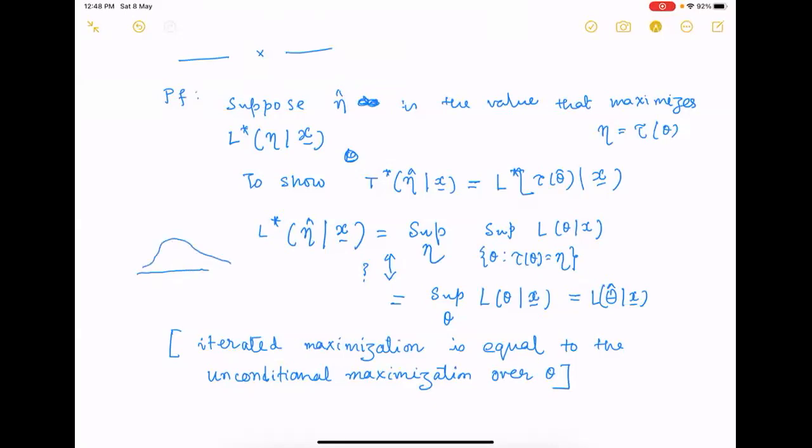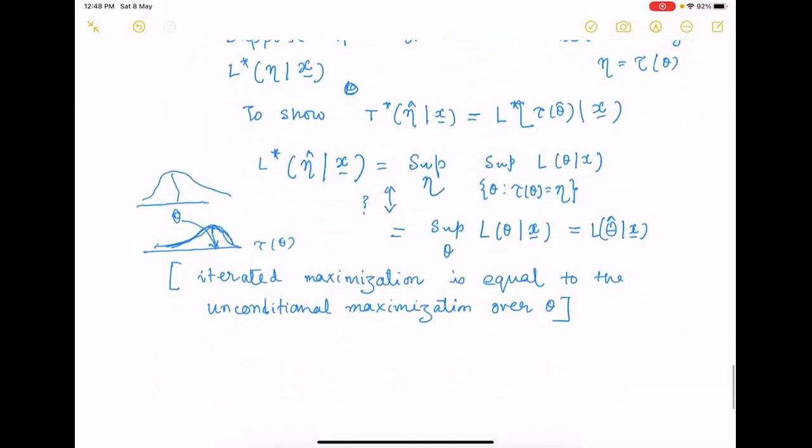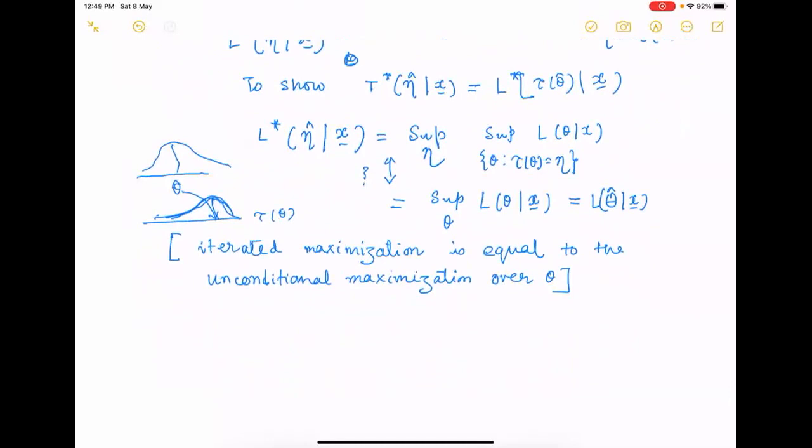somehow here I have the theta hat, and then I have done some transformation of tau theta. Now that theta hat has come here, transformed, but because of the transformation, this likelihood is also topping here. So it's basically trying to say that iterated maximization of maximization is equal to the unconditional over theta. So,